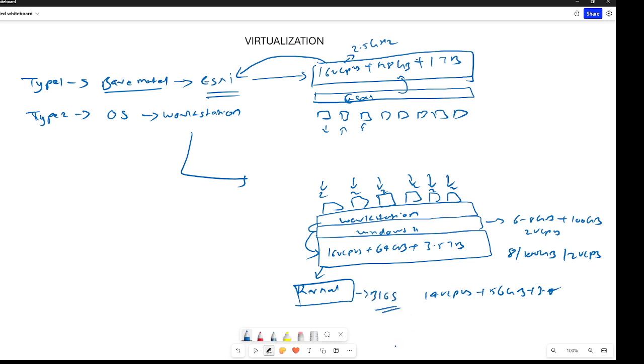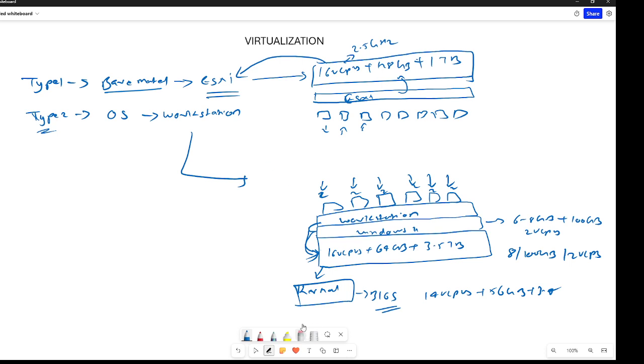All right. So the workstation is the software responsible for making sure that it allocates the appropriate resources, whatever you have given: how many CPUs, how much hard disk, and everything. It will allocate it for you. So for testing and doing the lab, you will be using type 2, that is, you will be installing the workstation.